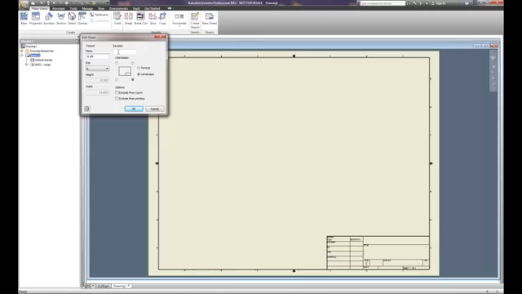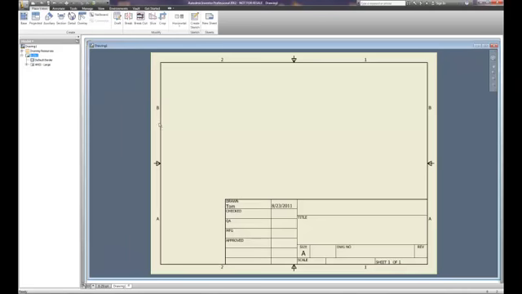It also provides an area for revision, so if this is a revised sheet, you can accommodate that. It will automatically put in sheet 1 of 1 at the bottom, or sheet 1 of 2, sheet 1 of 3, if you add more sheets for an assembly drawing or other details. We'll choose OK,